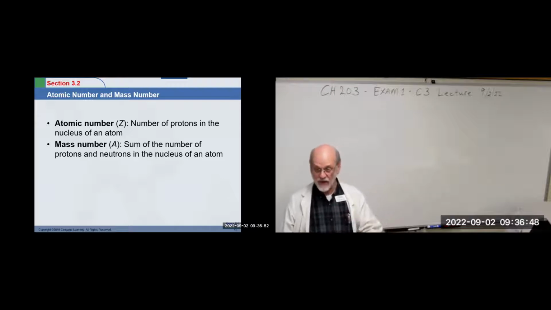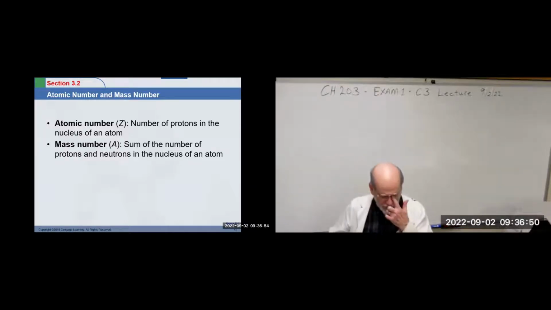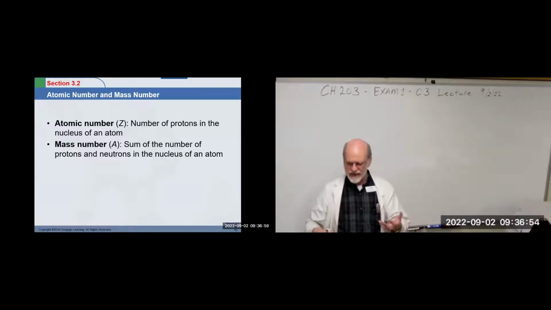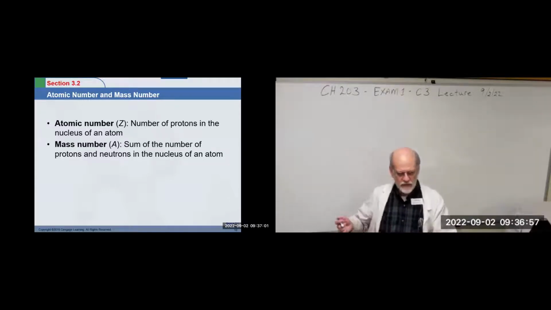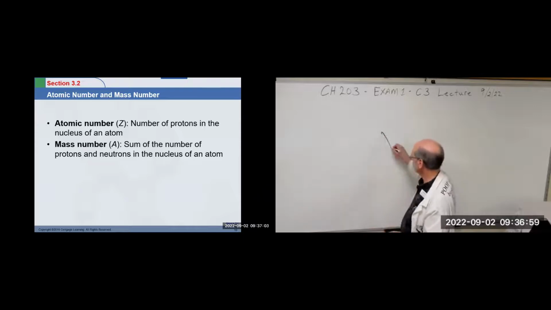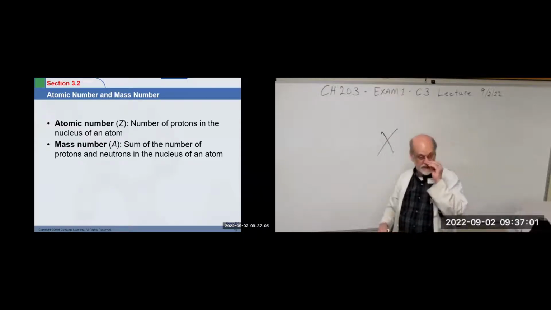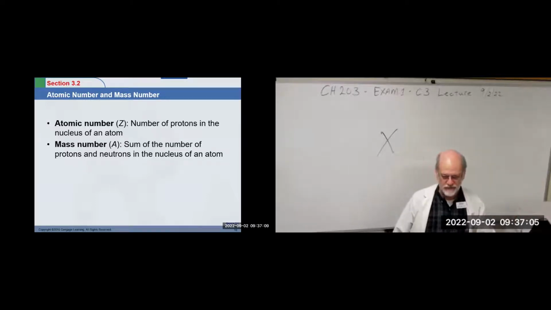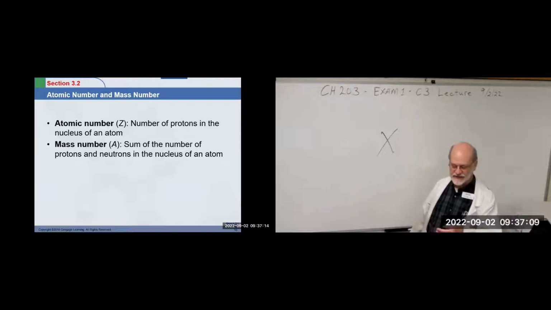Now we need to define what they are. But I like it better this way. When you write your symbol, you're learning all these symbols for the elements. When you write the symbol, and I'm going to use a generic symbol, just an X. And I use an X because there's no X up there. You can't be confused with anything. Well, xenon has XE, but